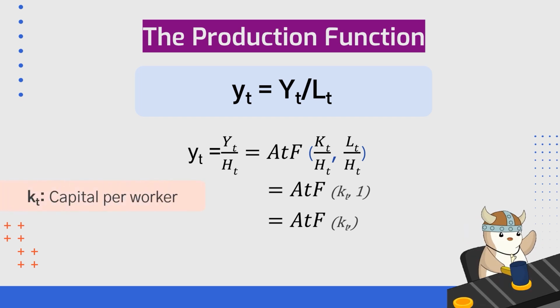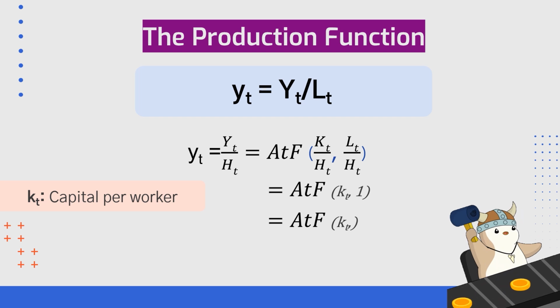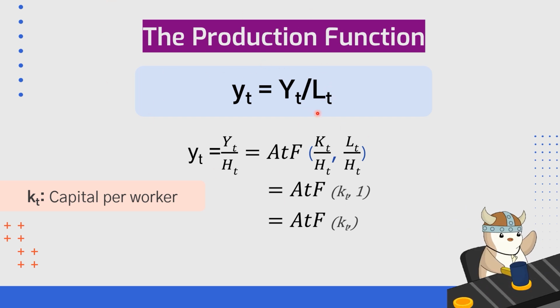In this slide, we'll focus on one of the most important measures of economic performance: productivity, or output per worker. Productivity measures how much output, goods and services in other words, is produced by one worker in the economy in a specific amount of time. It's usually expressed by this equation: the output per unit of labor. The ratio helps us understand how efficiently an economy is using its workforce to generate goods and services.